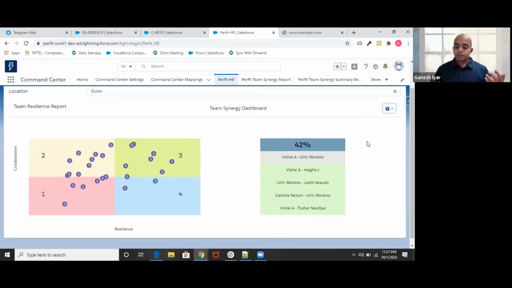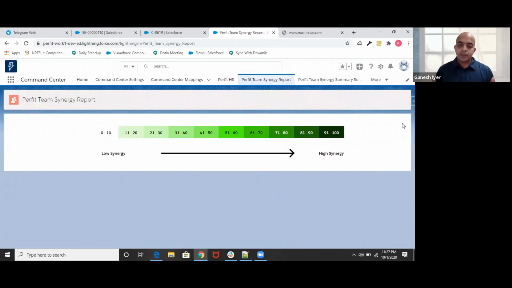And if you want to view all, this gives you the ability to see all the people within the team. Again, the lighter the color is, the highest disengagement,